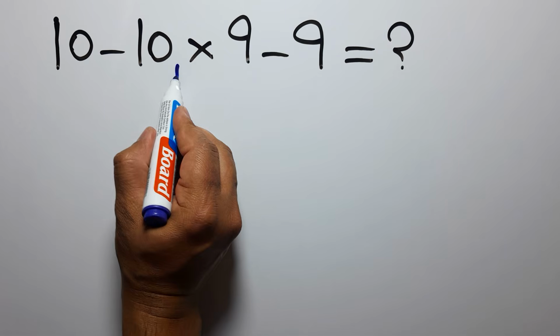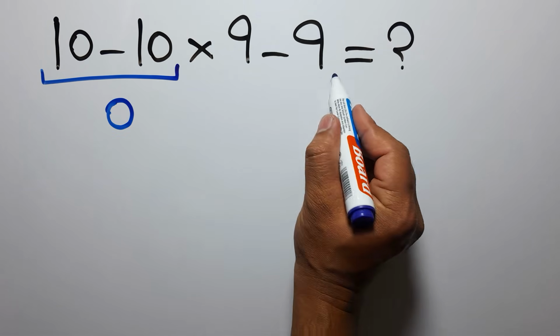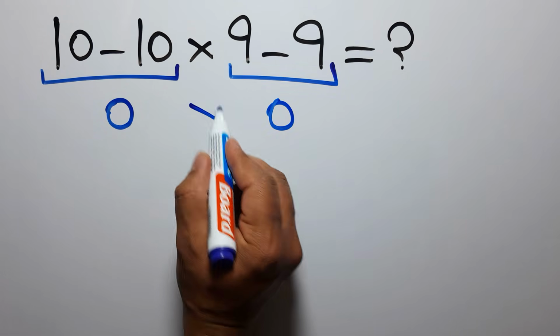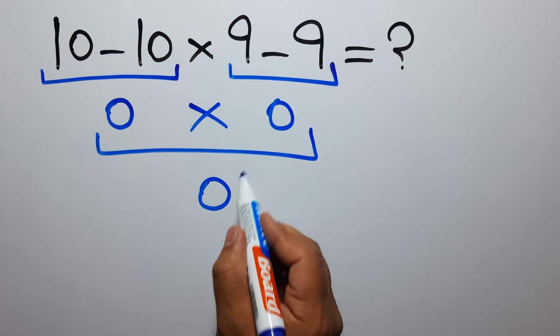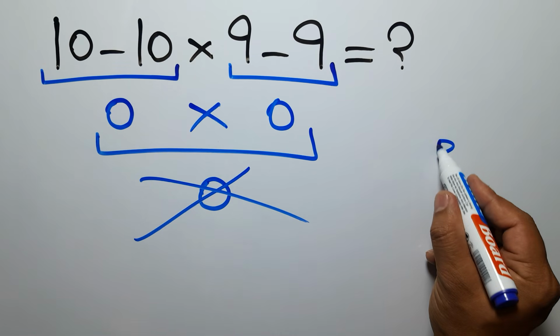10 minus 10 gives us 0. And here we have 9 minus 9, which again gives us 0. So 0 times 0 equals 0. But this answer is not correct, because according to the order of operations, which is PEMDAS,